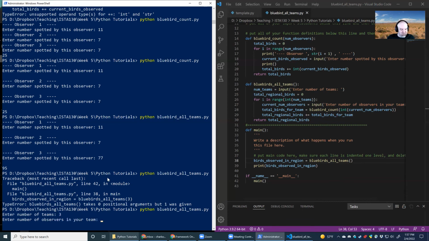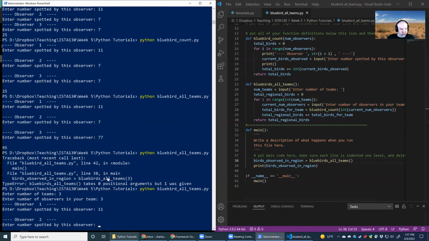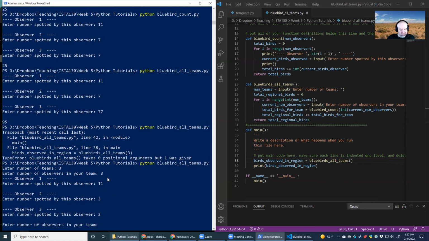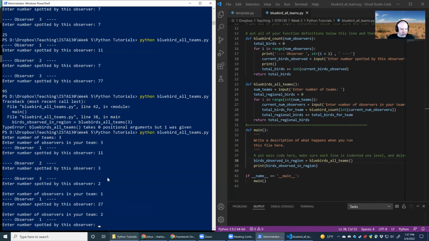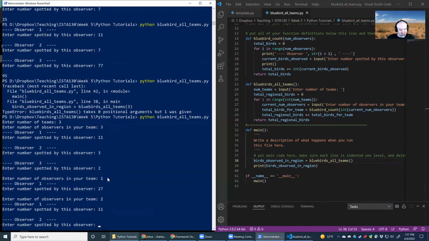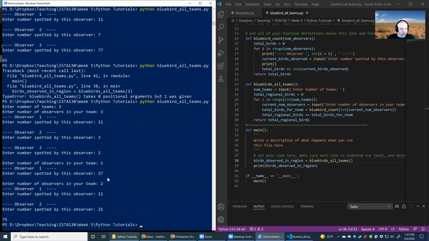So right, now we have 3 teams. First team, say that there's 3 observers, 11, 3, and 2. Second team has 1 observer. They saw 27 because they're awesome. And then the last team, there's 2 people, and then 11 and 21. Okay, and then it returns. So this function returns the value 75, which is the sum of all of these things. Which, if I do some quick math,